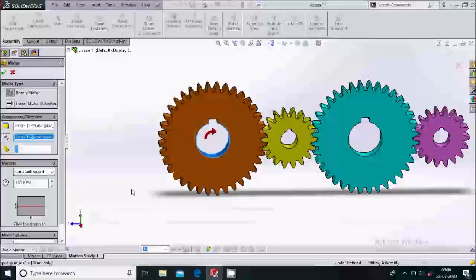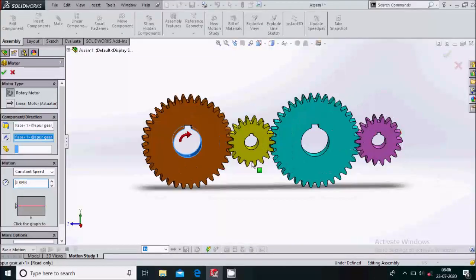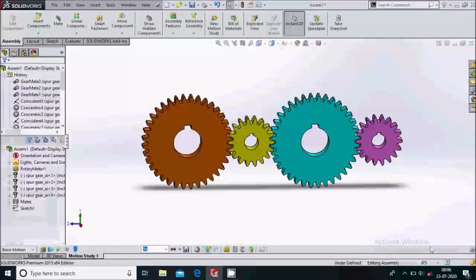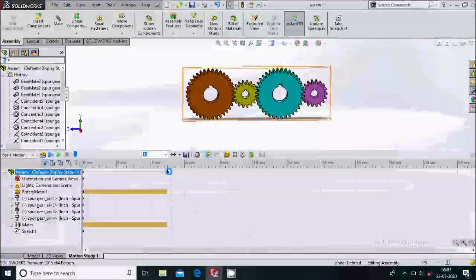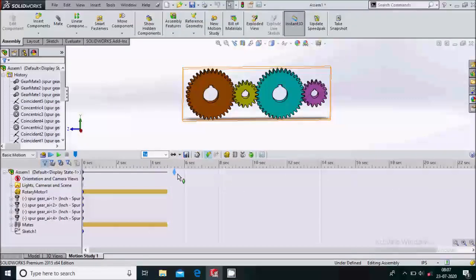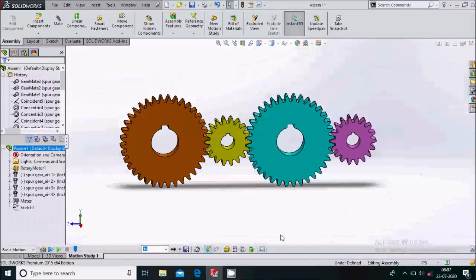Select motor again, select the inner face of this gear and keep the RPM 3. We'll keep the low RPM so we can easily see the meshing of two teeth. So simply say OK.